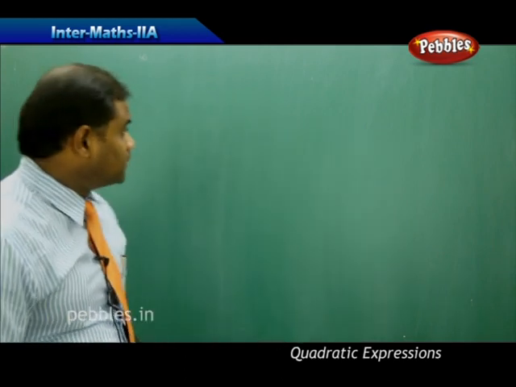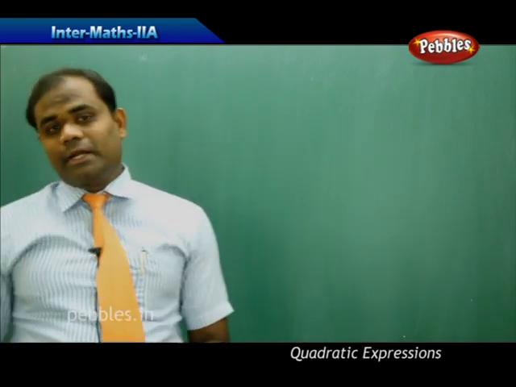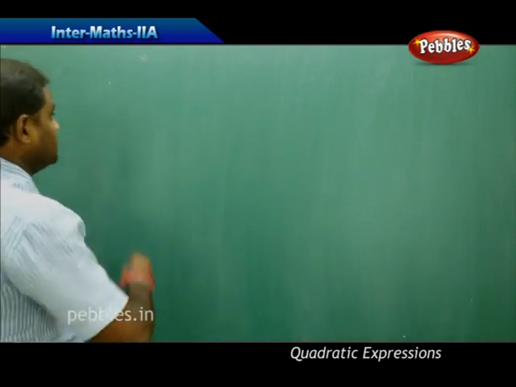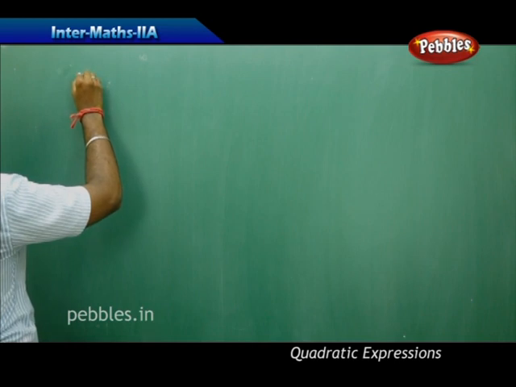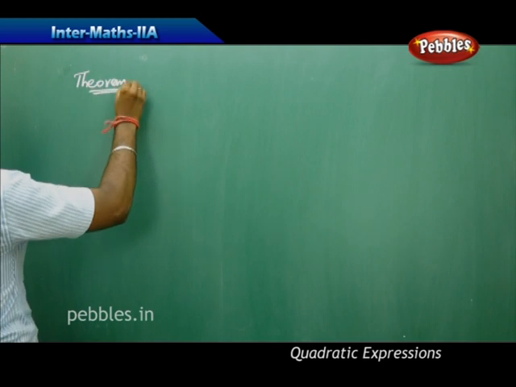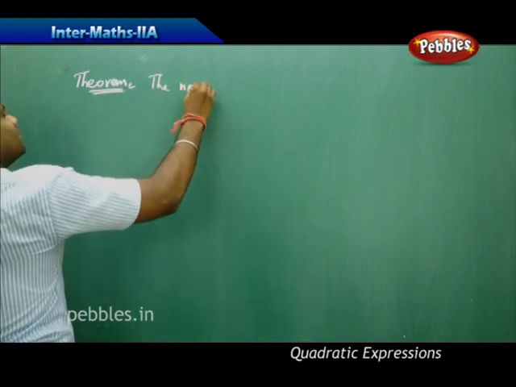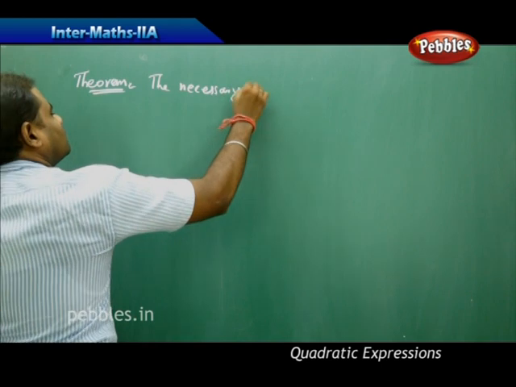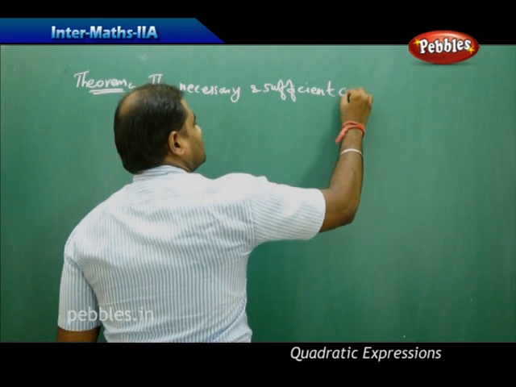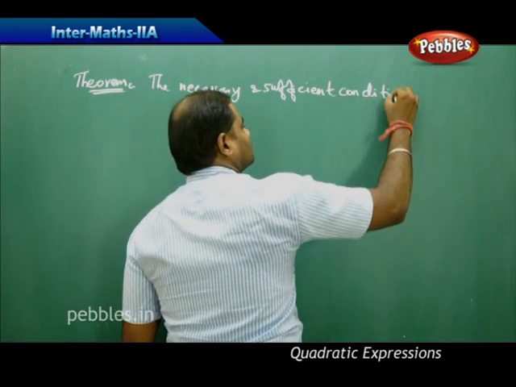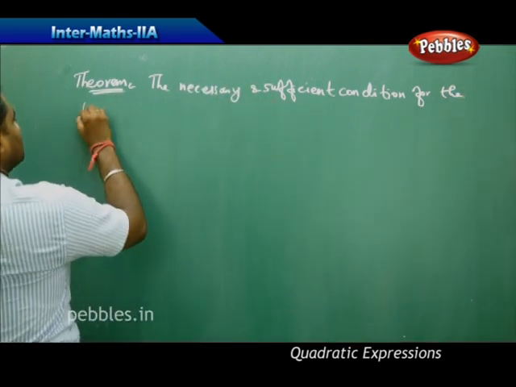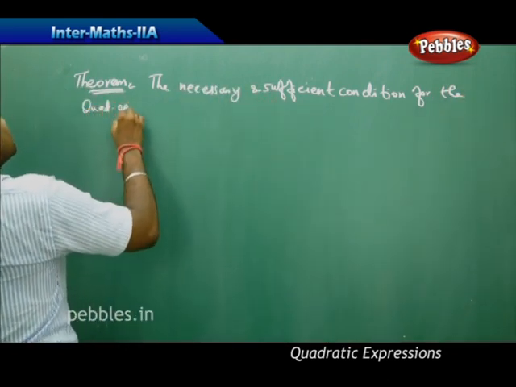Now let's see a theorem through which we understand the common root concept connected with a property. So the theorem says here that the necessary and sufficient condition for the quadratic equations